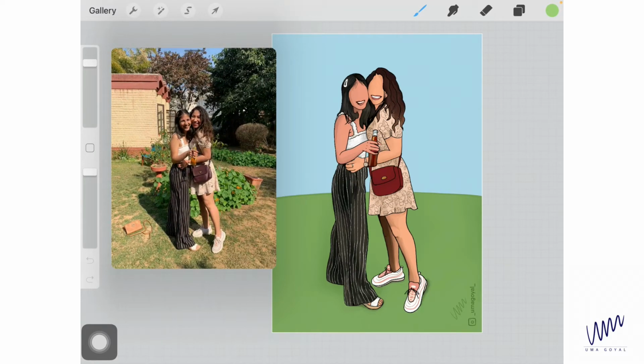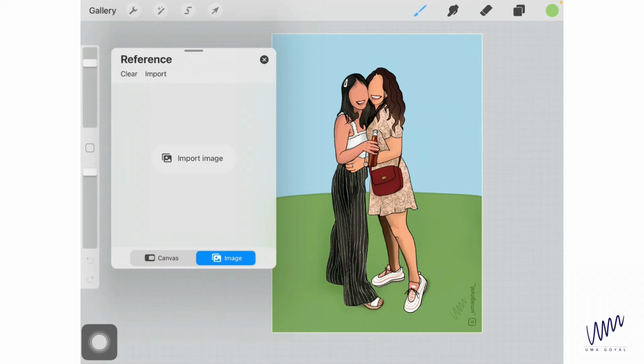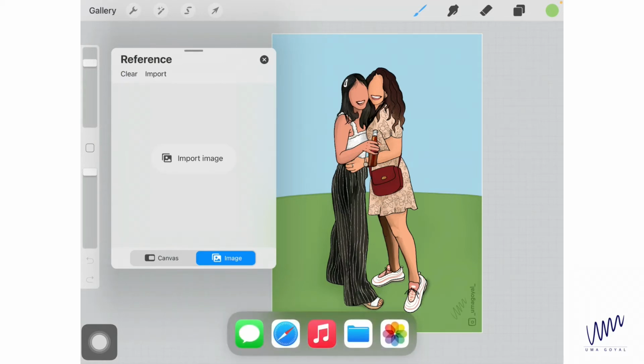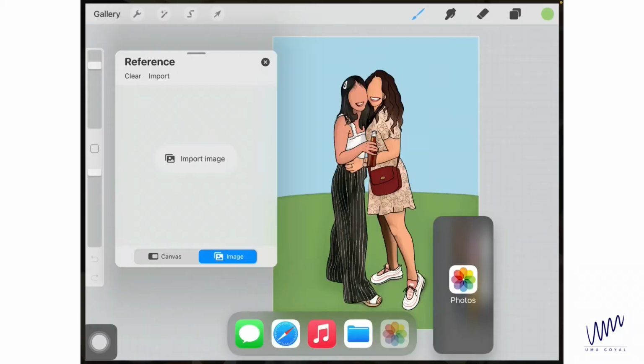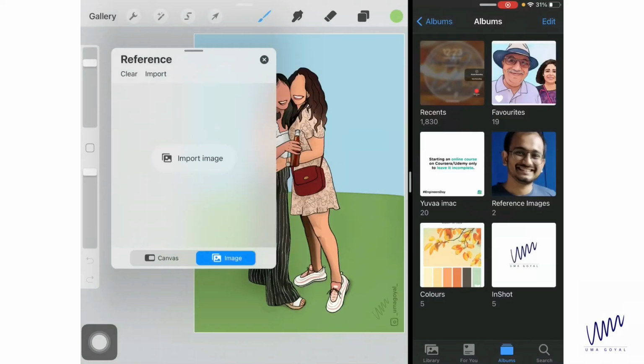Now I'm going to cover the other point where I'm just going to first clear this image. So now we are going to drag an image from our gallery and we can add a split screen and multitask. I just swiped up at the bottom of my iPad and the dock appeared. So now I'm going to long press the last icon, which is the photos icon, and you can drag it to either corner of your screen. So I'm just going to drag and drop it over here and reduce the size.